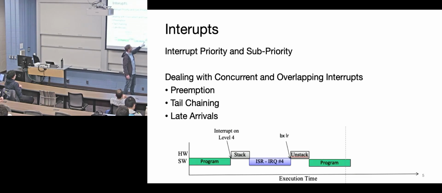So let's go through, and instead of doing that, we'll just pick the next pending interrupt. So that would be tail chaining. Late arrivals is when you get, while you're stacking, an interrupt here. And if that interrupt is higher priority, more important than the interrupt that originally called the stacking, so say 5 comes in here, 5 is more important than 4, instead of going after the stacking to 4 and then interrupting that because you have something more important, you just change the goal. Instead of doing 4, you'd run 5. So it's late arrivals. Late arrival meaning that in the stacking, it happened later, but it still arrived before you actually entered the interrupt service routine.